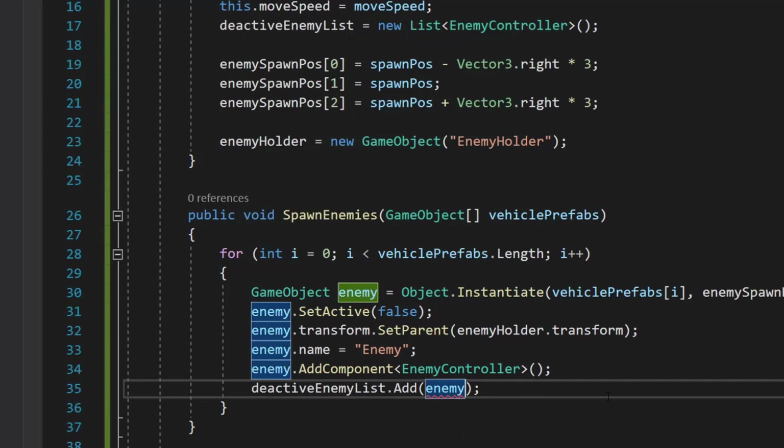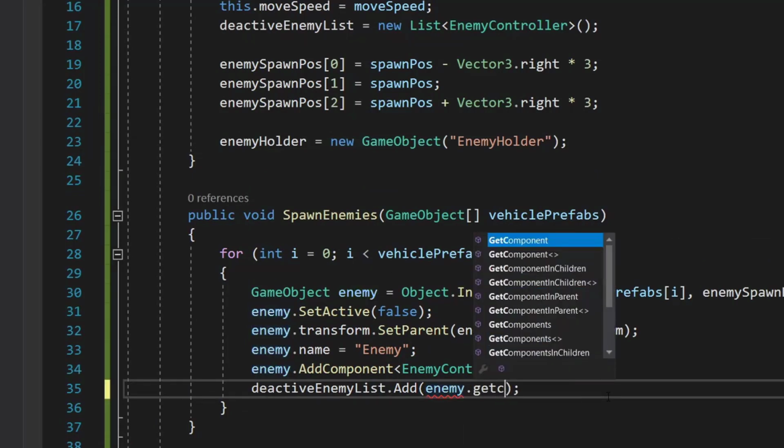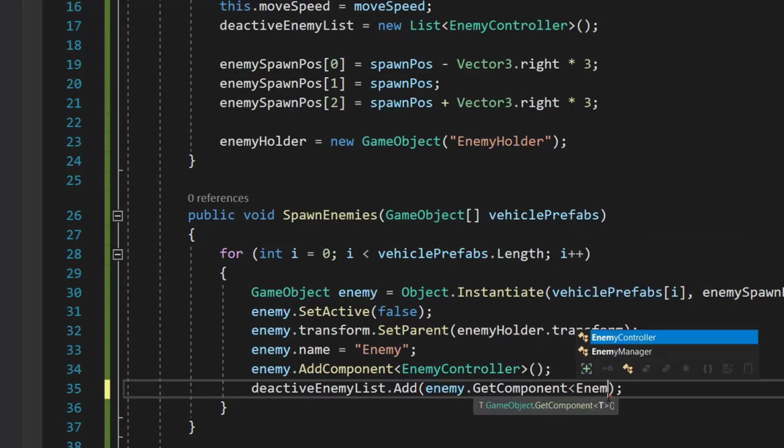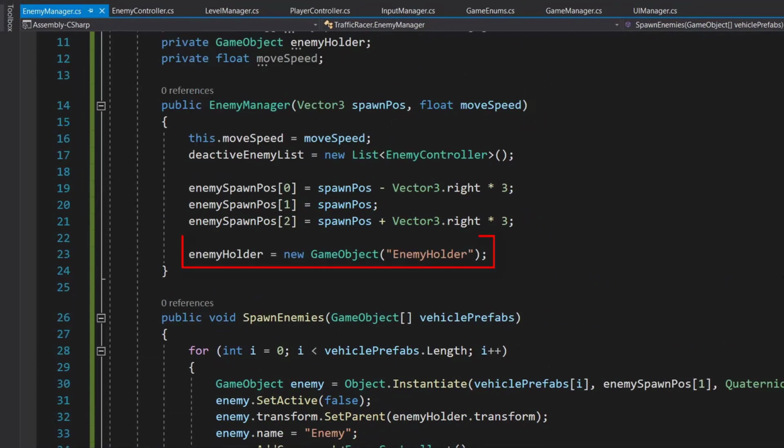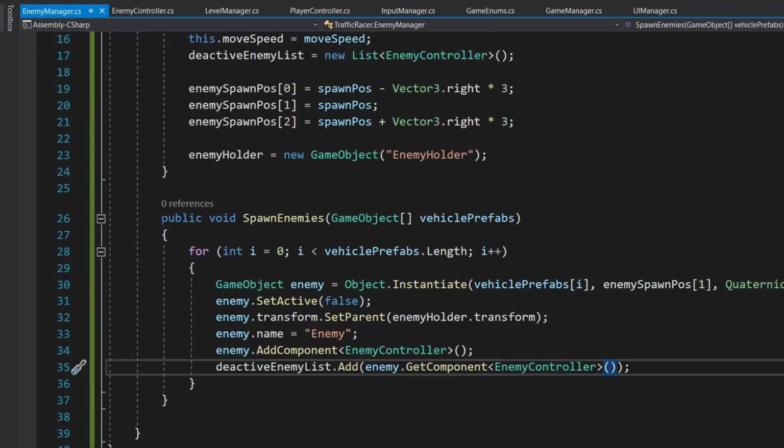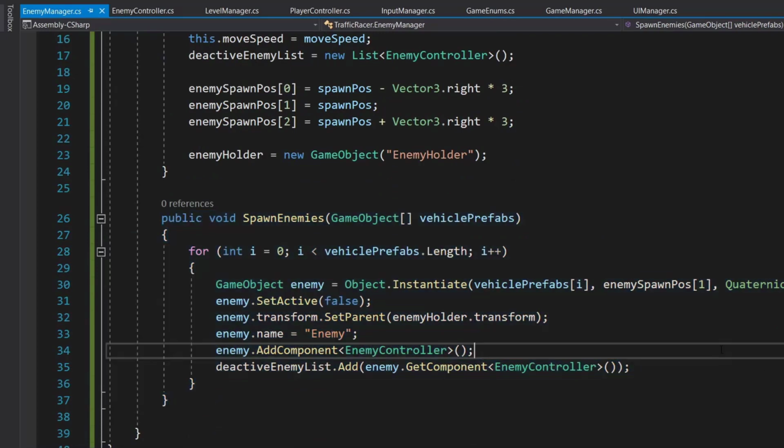Here we need to add the EnemyController and not the GameObject, so enemy.GetComponent EnemyController. And in our EnemyManager we need to add our enemy holder, so enemyHolder is equal to new GameObject EnemyHolder. Now our spawning is also ready, but we need to add some functionality to our EnemyController as well.